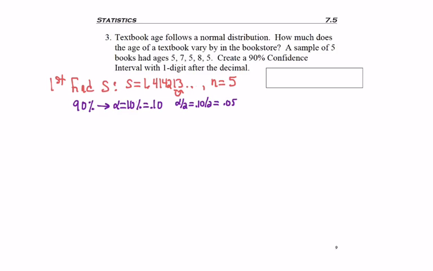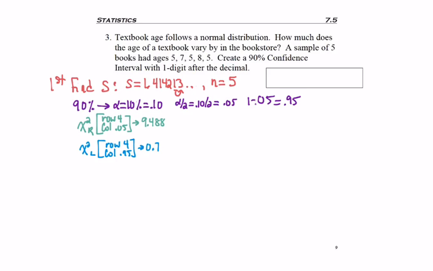And since for chi-squared left, I'll need the complement of that, 0.05 gives me 0.95. Okay, it's fixed. So for chi-squared right, row 4, column 0.05, and I find 9.488. See if you can find chi-squared left on your own. Did you go to row 4, column 0.95, and find